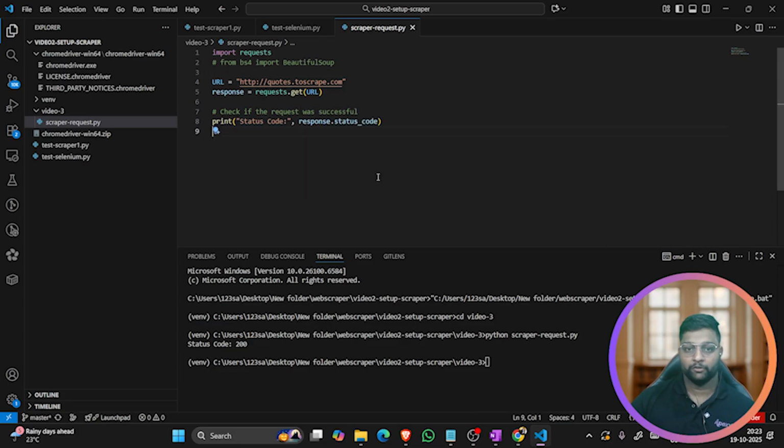Okay, so status 200, in a sense it is connected perfectly. Now this means that the request was successful. Now let us dive ahead to parse the HTML. So to parse the HTML, what we can do is write a new file here,